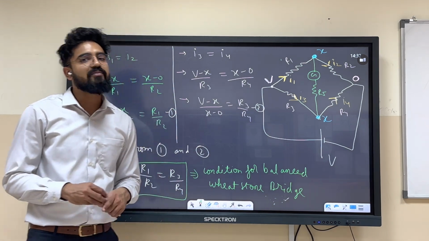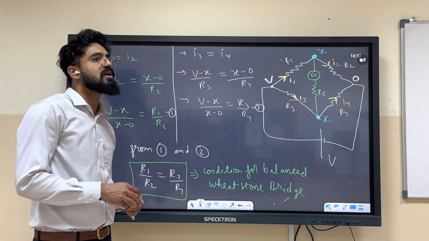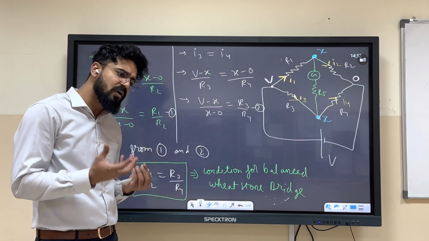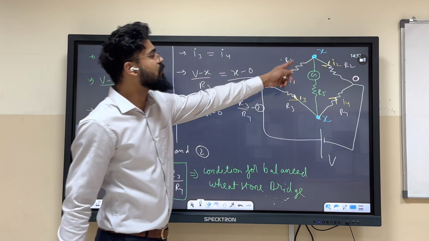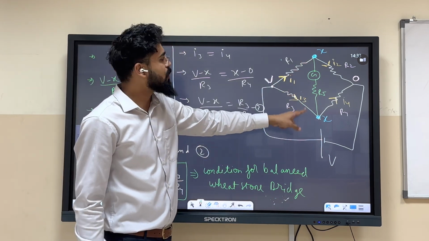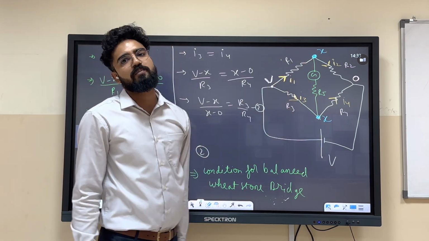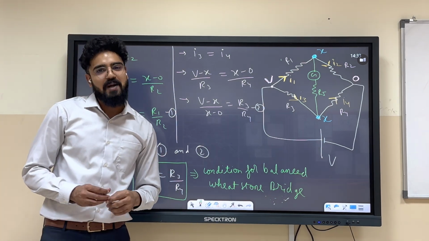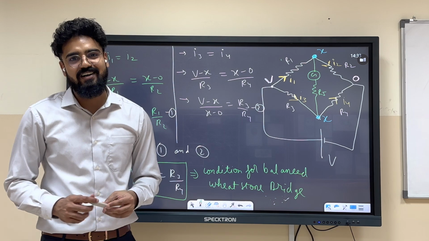So that's why the Wheatstone bridge and balanced Wheatstone bridge are very easy to understand. It is based on a very simple logic: the potential difference over here should be 0, that is, the potential at these two points should be the same. So with this whole Wheatstone bridge, guys, we have completed our chapter, current electricity